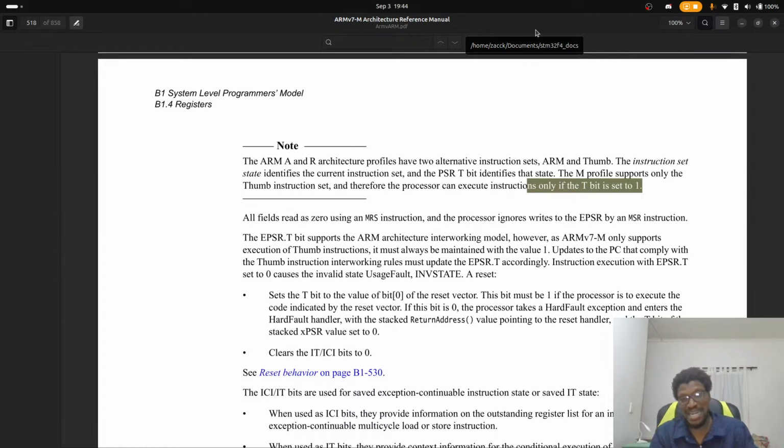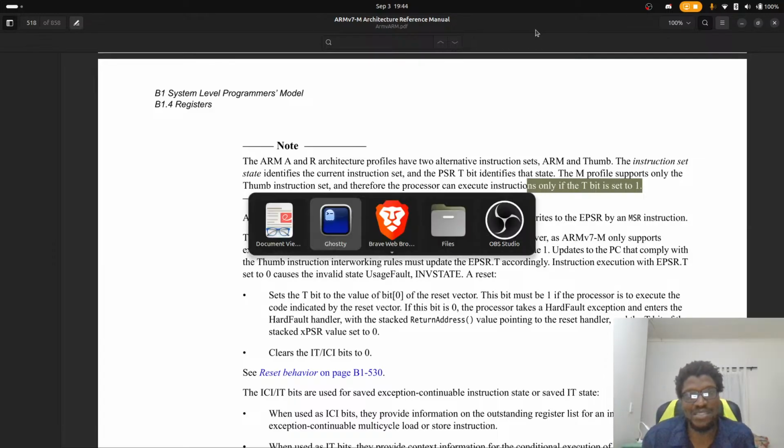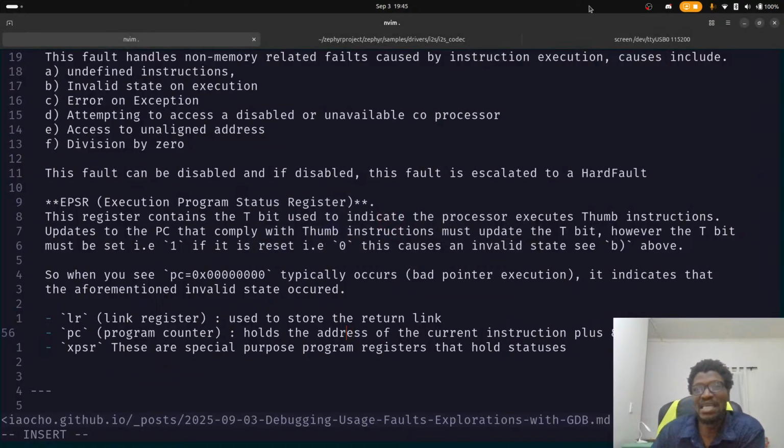And the EPSR T bit is updated with every instruction. So whenever you run an instruction, you will generate some metadata, and that metadata is going to be used to update the T bit. If that T bit is ever set to 0, this causes an invalid state or a usage fault. Make sense? So let's actually go back to our error and see if we can make any sense